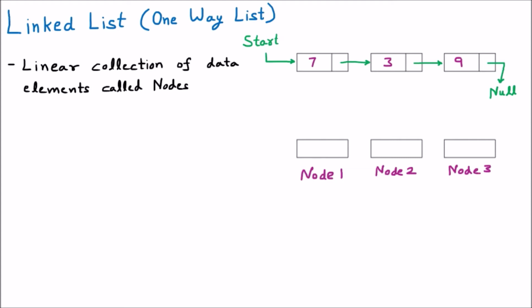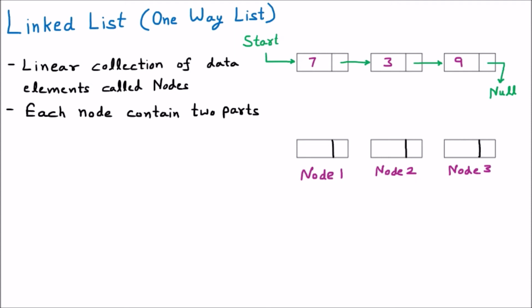Now talking about these nodes, each node contains 2 parts. That means all the nodes present here are divided into 2 boxes. If I talk about node 1, then it contains 2 parts. These are the 2 parts. Similarly, node 2 contains 2 parts, and similarly node 3. That means every node has 2 further parts.